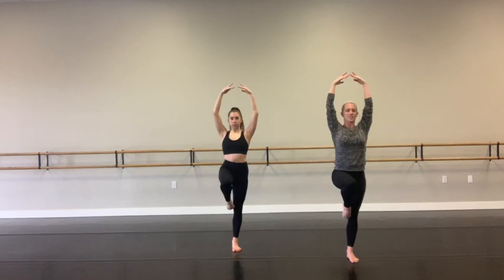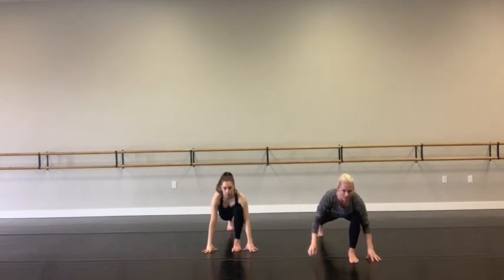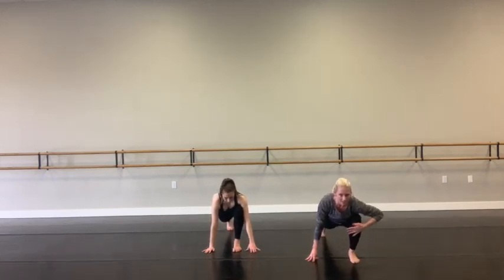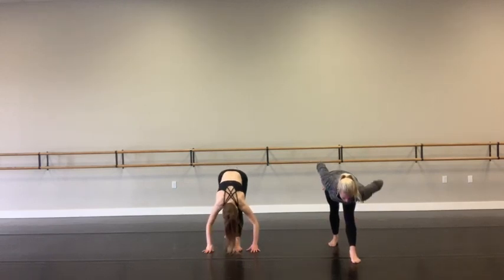Whatever leg is in passe, it's gonna go back to a lunge stretch. So reach it back, one hand on each side of your legs. So notice if you're too far forward, knees straight up above the ankle, back leg straight. Okay, hop your back foot in, square up those hips,